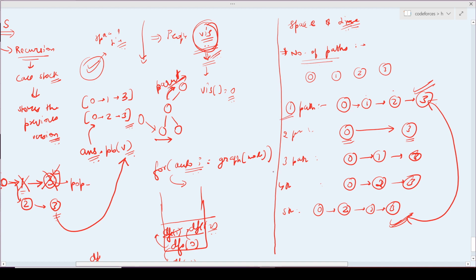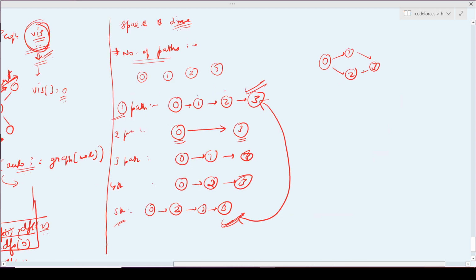Why? See, if you have 0, 1, 2, 3, and a path from 0 to 1 to 2, then to also have a path from 0 to 2 to 1, you would need a path going back, so it will make a cycle.